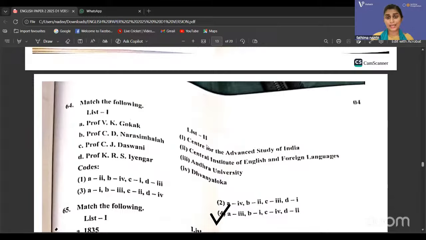Okay, list 2 has Centre for the Advanced Study of India, Central Institute of English and Foreign Languages, Andhra University and Dhvanyaloka. Okay, now 64, the correct option is option 1. Okay, so Professor V.K. Gokak was associated with the Central Institute of English and Foreign Languages. Professor C.D. Narasimhaiah was associated with,